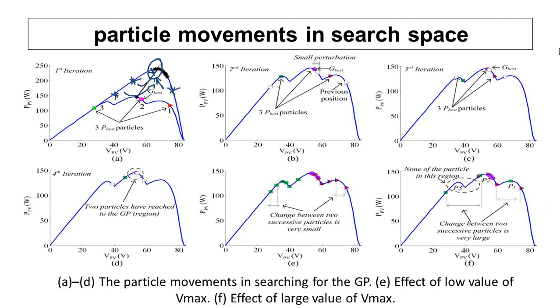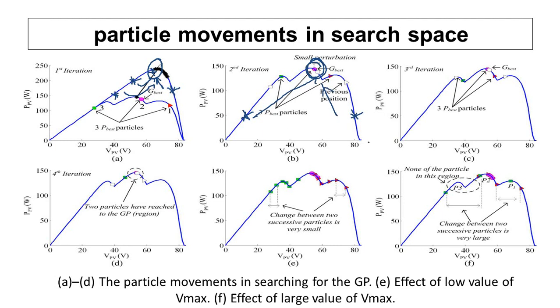Now let me go into the partial shade case. Here I am going to declare random duty cycles. You can declare any type of duty cycle. Here we have shown only 3, but let me take 5 duty cycles. Among these 5 duty cycles, whichever is best is going to be my global best. In the diagram I am encircling it. Keeping this as reference, all the remaining particles will try to converge towards this point.